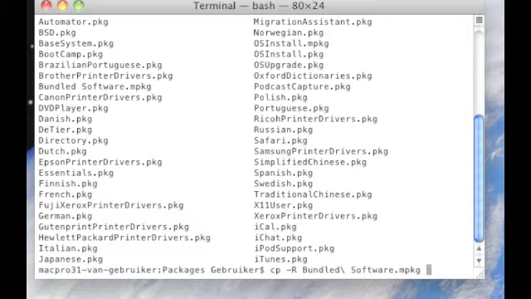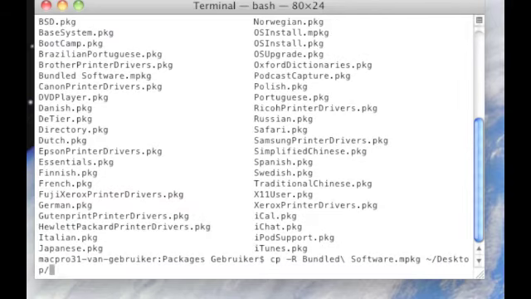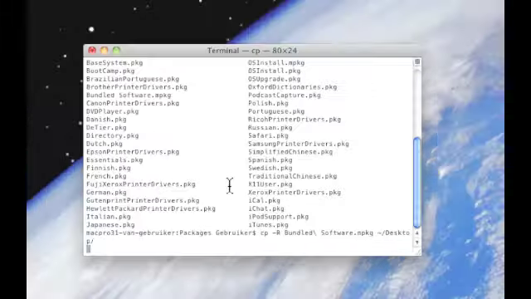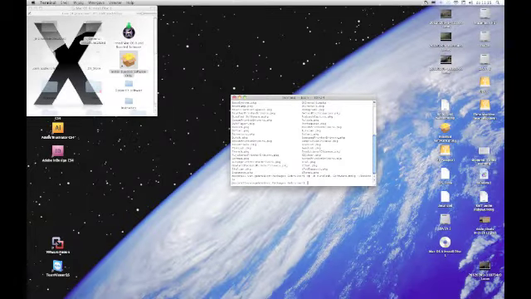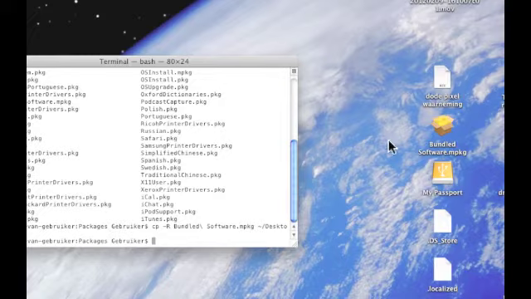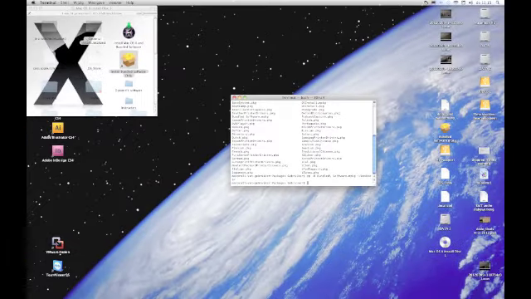So we do a space, then a tilde, /desktop, and we hit enter. When we hit enter, we see that the bundled software package is actually copied right there. Okay, so that's the one we need to alter. I'm just going to exit